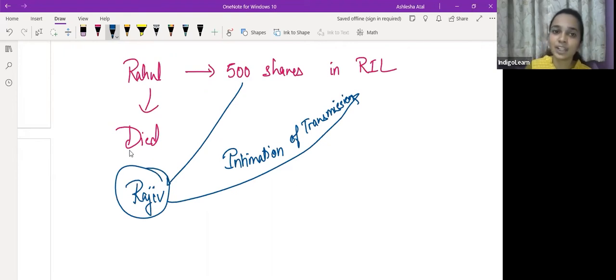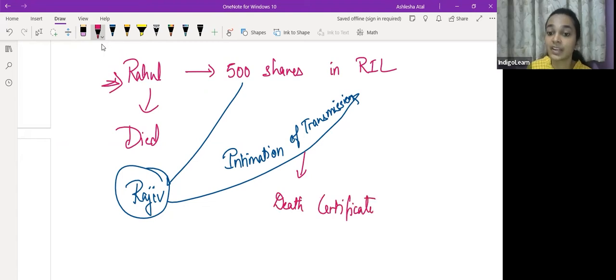And do you think the company will only believe the intimation of transmission? Will the company not require any proof? They will definitely require some proof. किस चीज का proof? सबसे पहले तो ये proof कि राहुल की actually death हुई है. Did Rahul actually die? So उसके लिए क्या होता है? Death certificate. And इसके अलावा क्या गारंटी है या क्या प्रूफ है दैट राजीव इज द पर्सन हु इज एंटाइटल्ड टू रिसीव